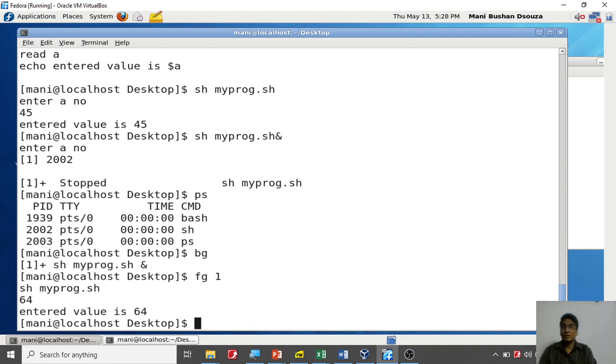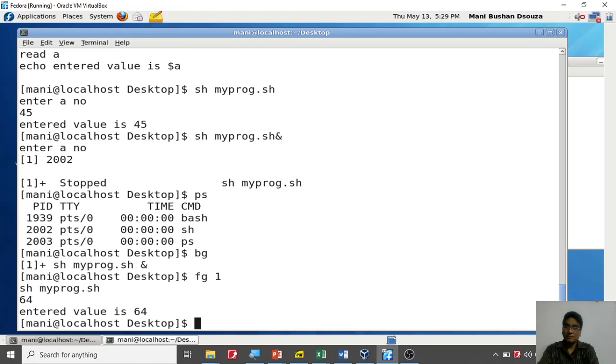Anything you can send to the background, so it runs in the background. So how do you do that? Type any command, like ls, sort, any command that you are aware of. If you want it to run in the background, what you have to do is at the end put the ampersand. So let me do that over here.